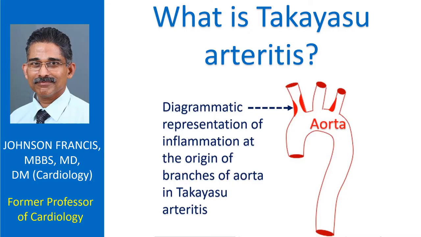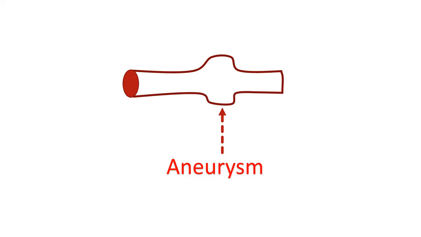High blood pressure can be associated, though it may be difficult to document because upper limb blood vessels are blocked. Arteritis leads to thickening of blood vessel wall, scar formation, narrowing of the blood vessel, and formation of clots inside the blood vessels. Severe inflammation may weaken the wall of the blood vessel and lead to the formation of localized